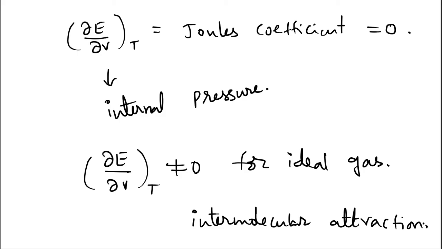And this factor, internal pressure, is quite large for solids and liquids. Why? Solids and liquids have very high attractions. That's why dou E over dou V has a big value for solids and liquids. And we just learned that the dependence of internal energy with respect to volume is nothing. There is no relationship between change in the volume and internal energy. That means internal energy is independent of volume.